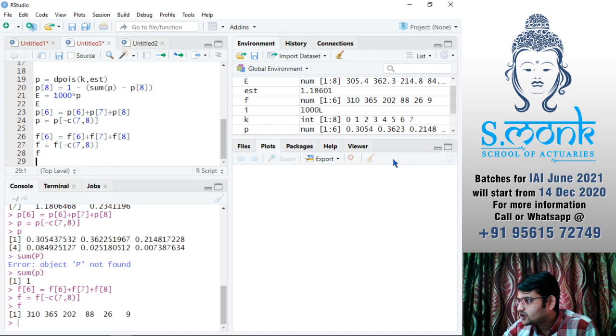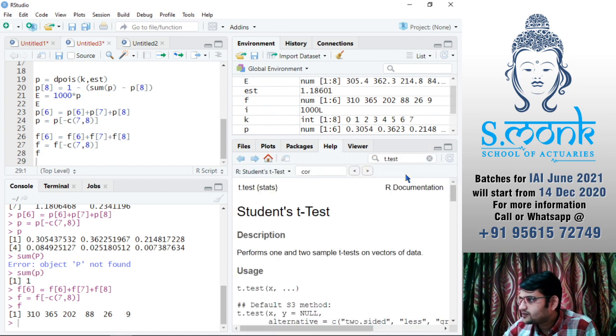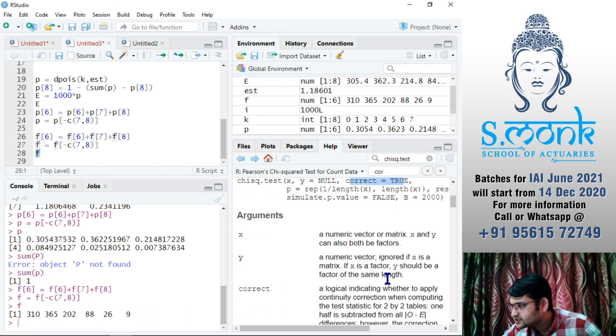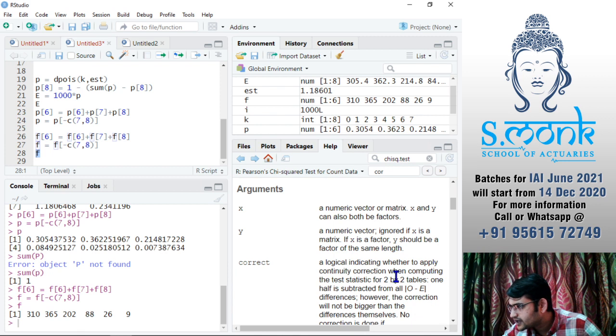Okay. Now always whenever I'm using a test, I always check here. So chi-square test, this is our chi-square test. So for that we need x, that is going to be nothing but our observed frequency, and we'll not need y. Correct, true. I think correct is logical indication whether to apply continuity correction when computing the test statistic by 2 table.